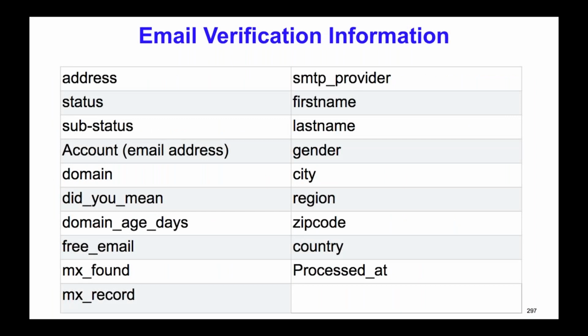So when you actually verify an email address, we capture the verification status information such as the address, which is nothing but the email address, and then the status. Again, I'll go through all the status values that we capture, but for example, valid or invalid are the kind of email status values. We also capture the substatus value. For each status, there could be a substatus. We capture that. And the account,